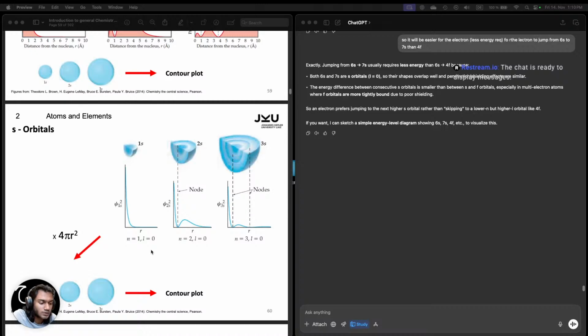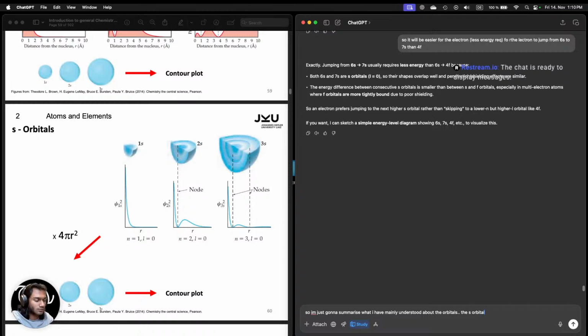S orbital has... so I'm just gonna write what I understood about the orbitals. The S orbital have only one radial node,